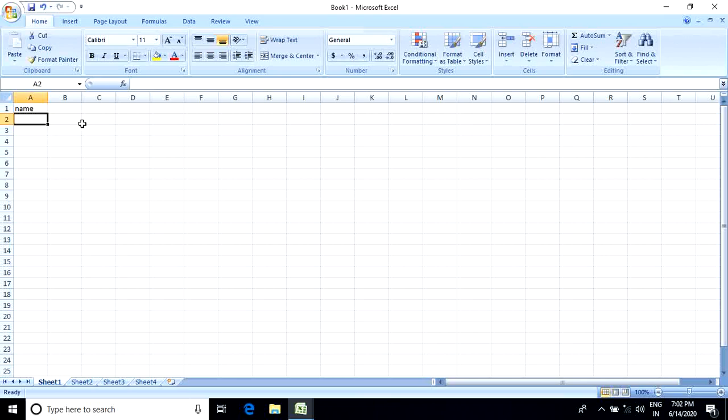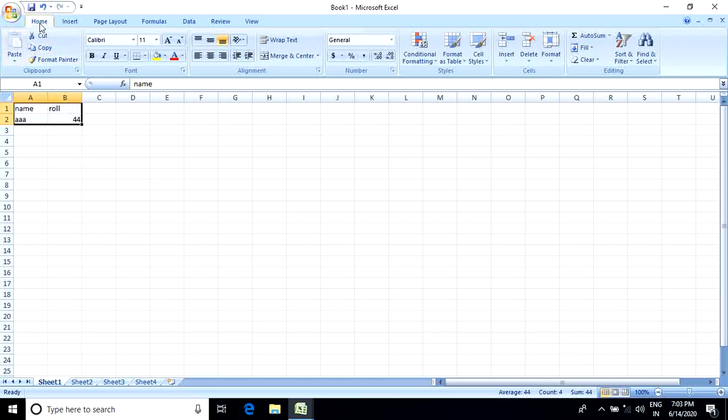Suppose you enter a name and a roll. Just type here, click the next cell and enter the value of the roll. In this way you can enter values.